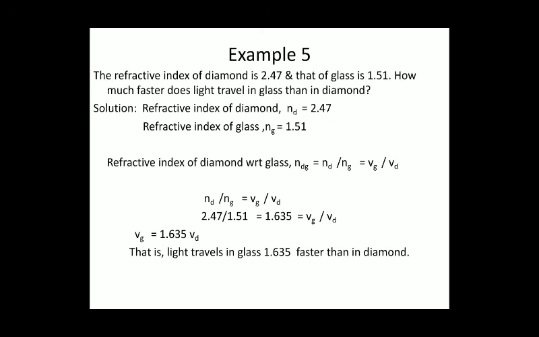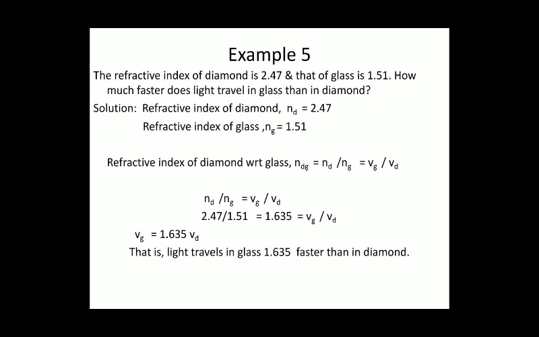So, because we don't need the relative refractive index, we will take nd upon ng is equal to vg upon vd. On putting the values of absolute refractive index, 2.47 upon 1.51, coming out to be 1.637, and that is equal to vg upon vd. Cross multiply, so vg is equal to